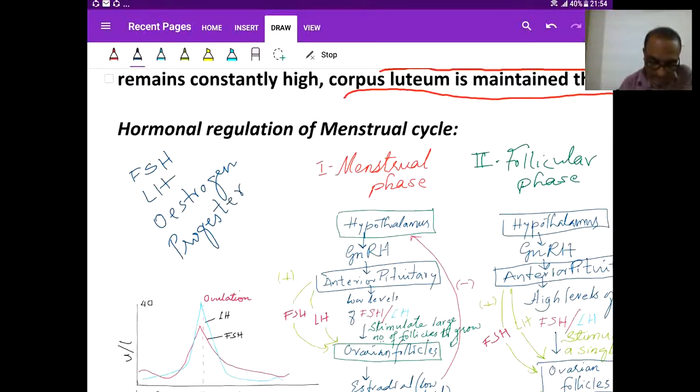So these are the 4 major hormones which regulate the menstrual cycle in human